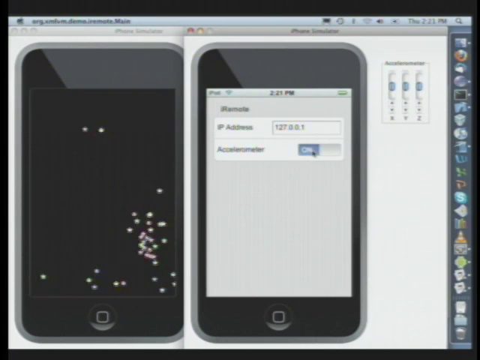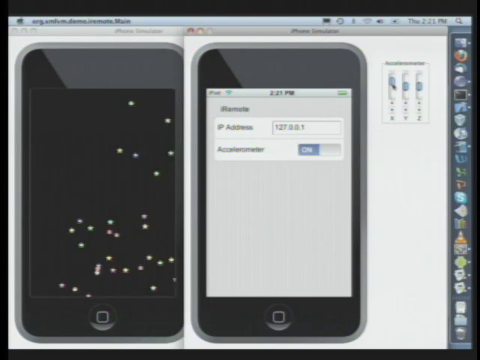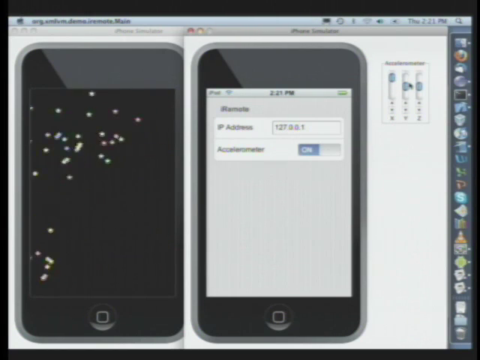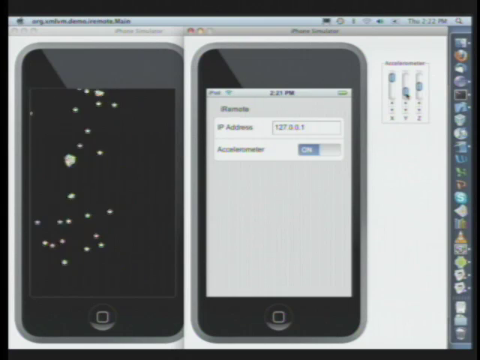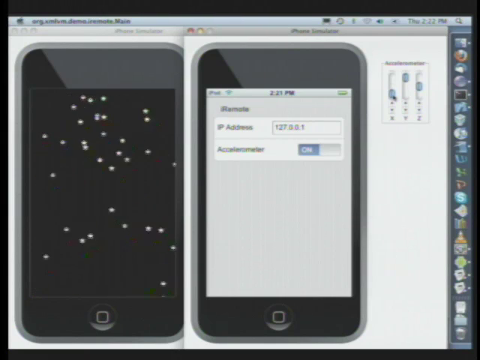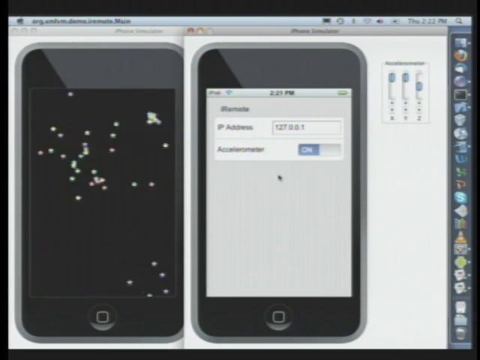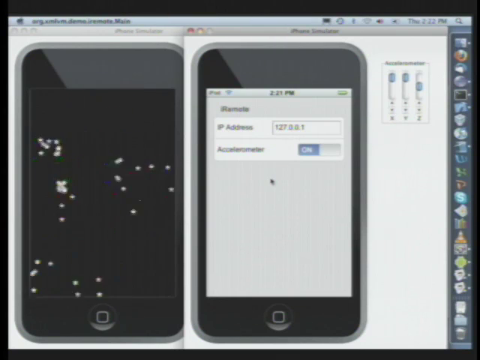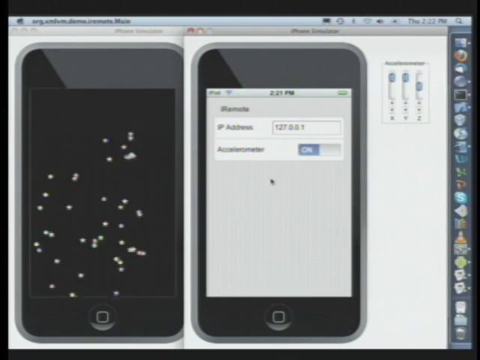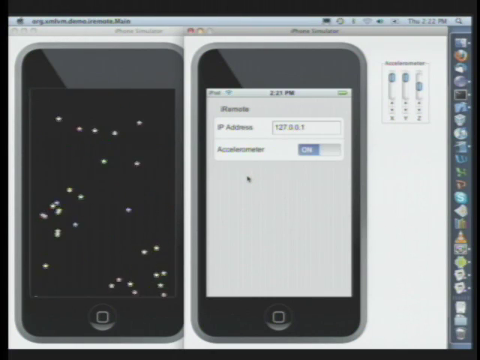I can turn this on, and if I now use the controls on the one emulator, you can see that it reacts over on the second emulator. So if, for example, I go up here with X, it starts going left and right. So you can see that actually for our Java-based emulator, we have already pushed it to some extent here. So all that you see here, again, on the second emulator is just a Java implementation. So we have mimicked a little bit the look and feel of the iPhone by providing a Java 2D implementation of the Cocoa GUI elements.